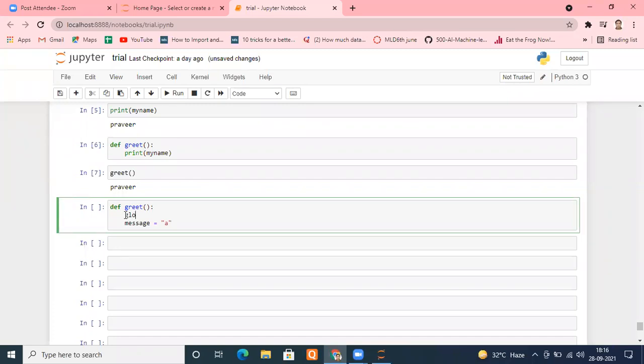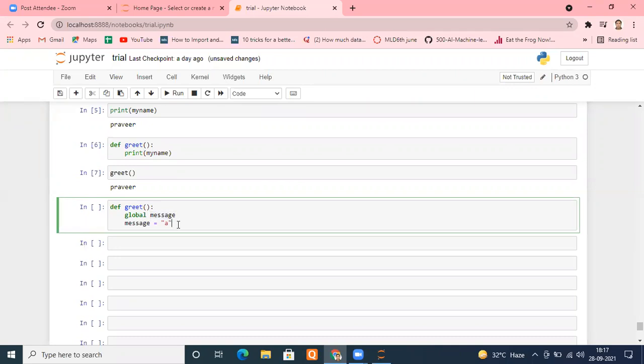Whenever we type a keyword, it becomes green here. Just type global and the variable you want to make global, that is message. Once you do this, your task is completed.